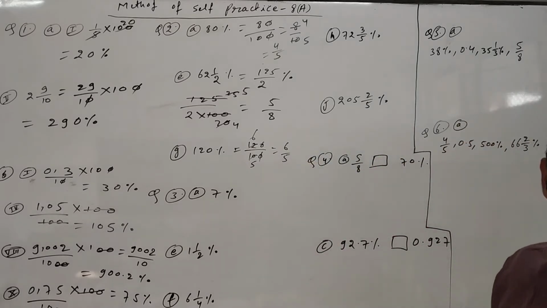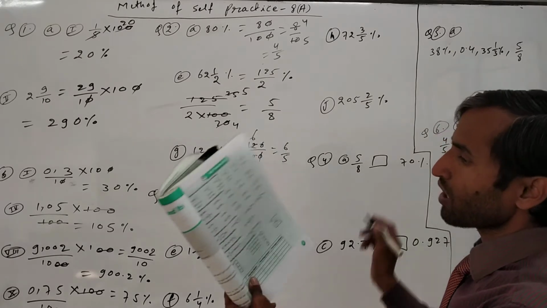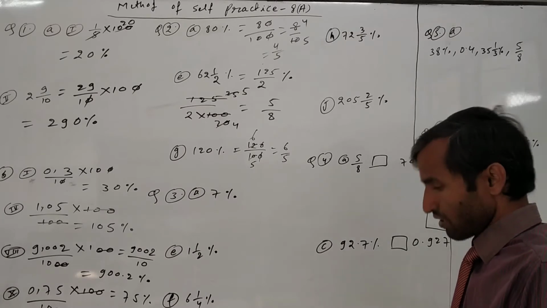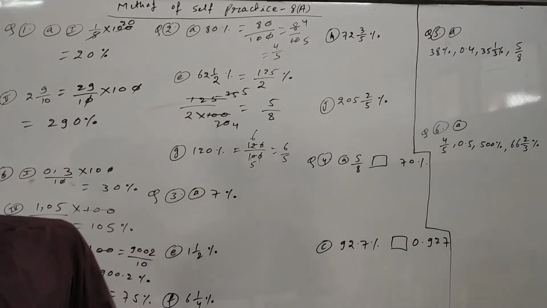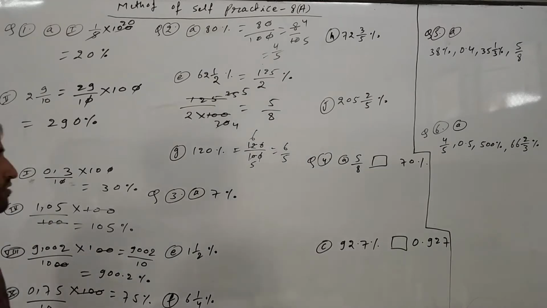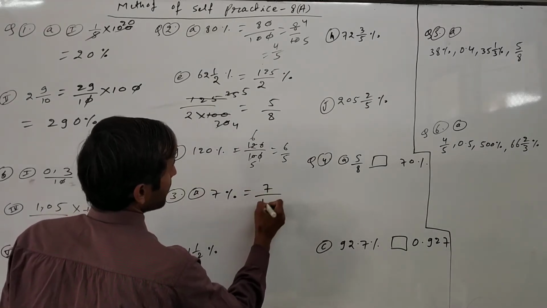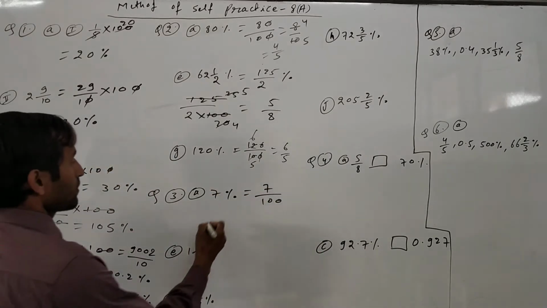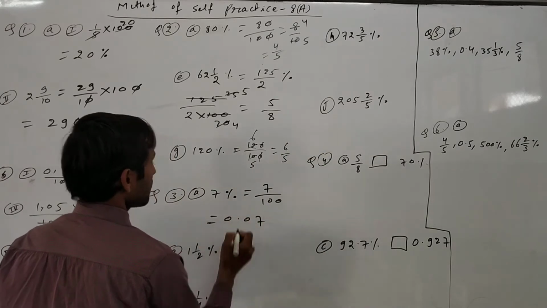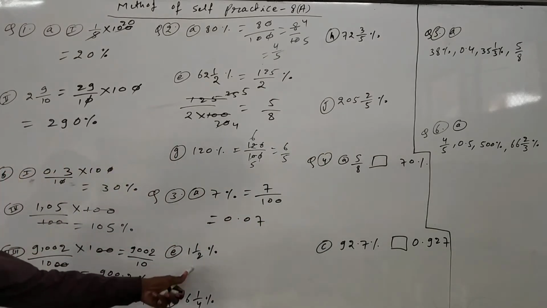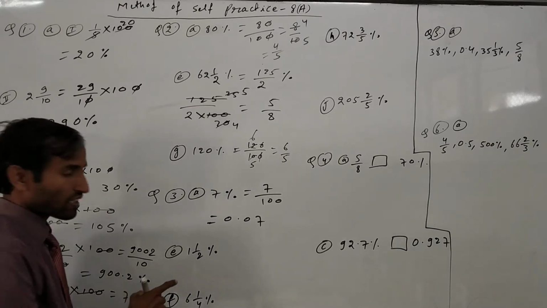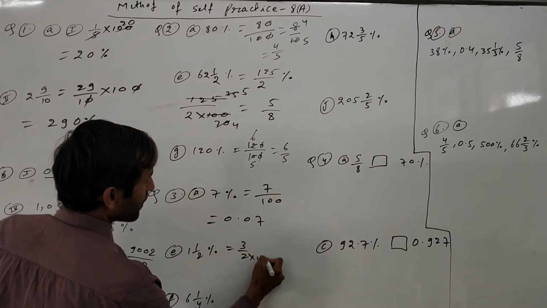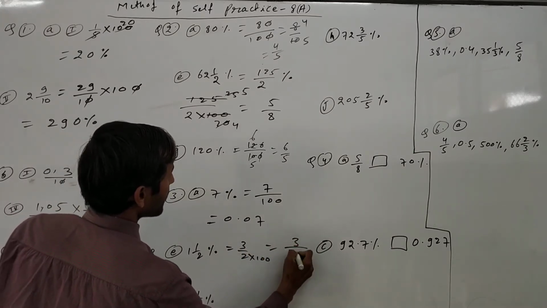Now the third question is given: we have to express as a decimal. So whatever percentage is given, we have to express as a decimal. Okay. So first of all we will remove the percentage. We have to divide by 100 again here. So 7 upon 100 will come. Then directly you can divide by 100. Then you will get in decimal 0.07. This is the answer. Okay. Now here this one is a percentage given, and for a mixed fraction also. So it will come 3 upon 2%. Percent means multiply by 100 in the denominator. So 3 upon 200 like this it will come.